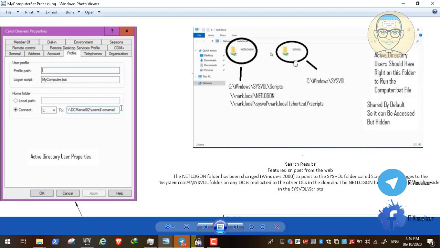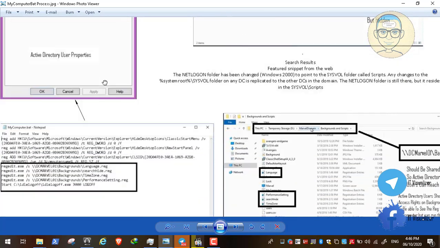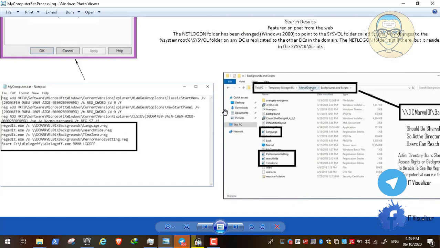And also for these two folders, the user should have the right to see what is in these folders and execute what is in these folders. These folders are shared by default, but they are hidden, and they have permissions to read and execute from these folders. So this is a script that we will apply to the users. All of this I have discussed in the DC Comics lab, the Mass Effect lab, and the Marvel and DC United lab. So now what we will do, we will begin